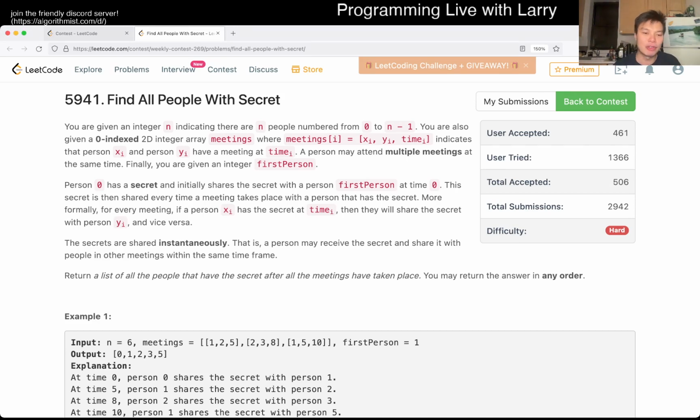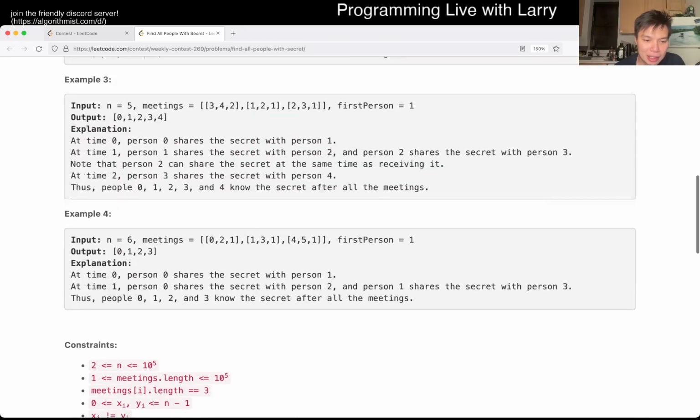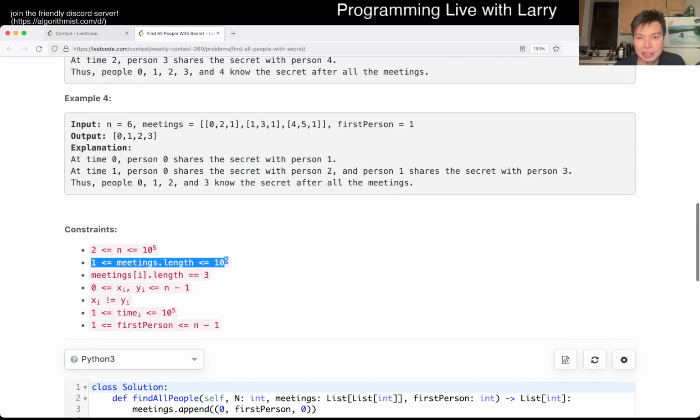Anyway, so for this one, it is just a simulation problem, right? And what is a simulation problem? Simulation is just follow the rules that they tell you. But the tricky part about this problem with respect to the simulation is that there are a lot of different things you have to consider, and if you don't implement it correctly in a good complexity, it may take too long, right? Because n is 10 to the fifth, and they're 10 to the fifth edges.